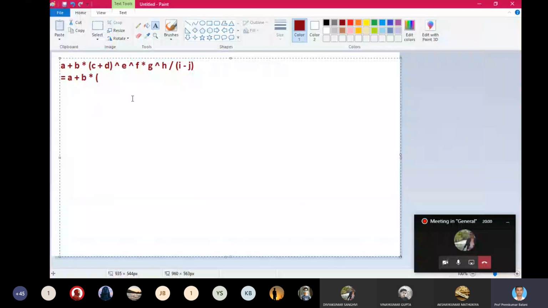Okay, so now as I told you, this raised to operation, this exponential operator, its associativity is right to left, not left to right. So first of all, this operation will be done, E raised to F, right? And then this operation will be done, C plus D raised to E. Sorry, I forgot. Actually, the parenthesis has the highest precedence, then raised to comes, right? So now my C plus D would become,